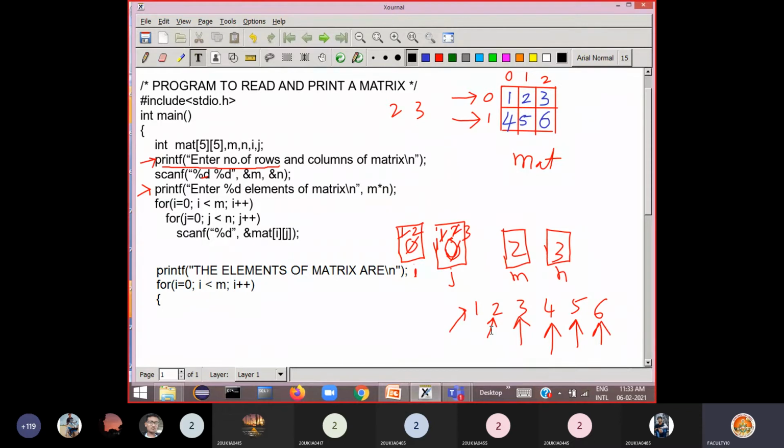In each row you have three columns, or n columns. So to read column-wise data, you require another for loop: for j is equal to 0, j less than the number of columns, n columns, and j plus plus.